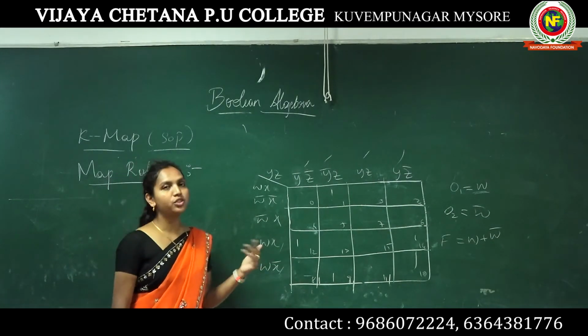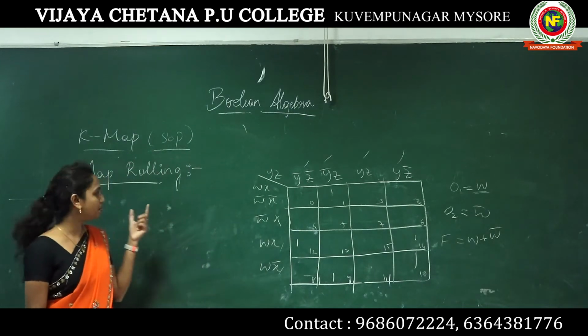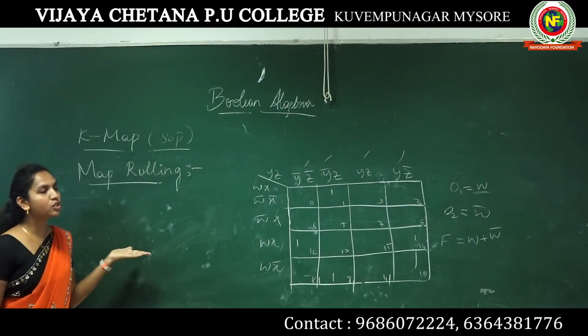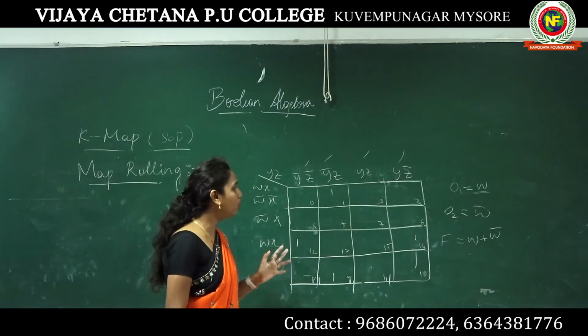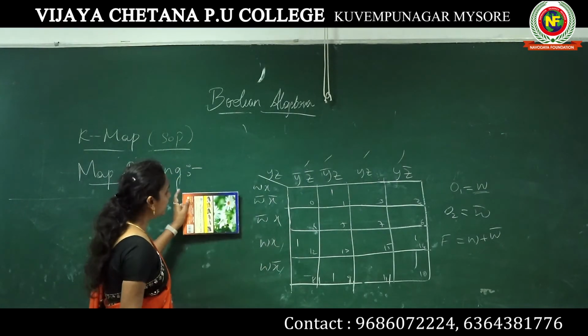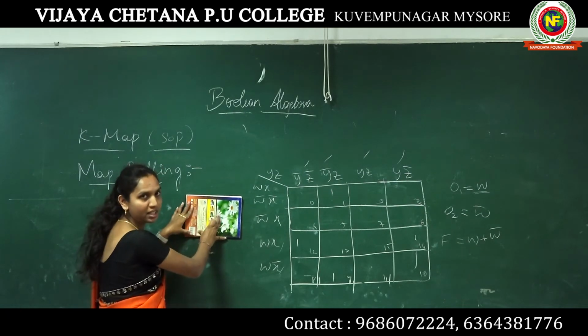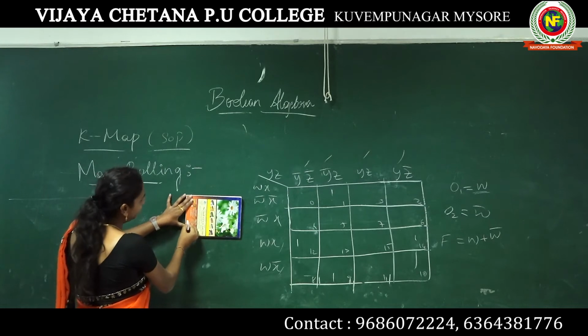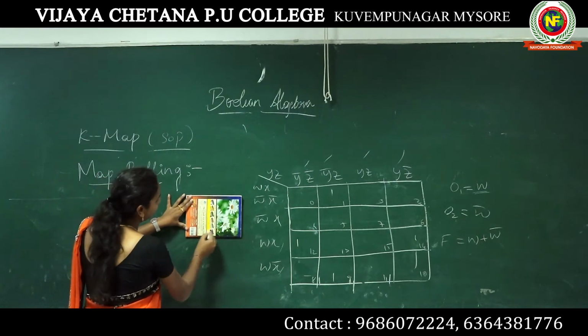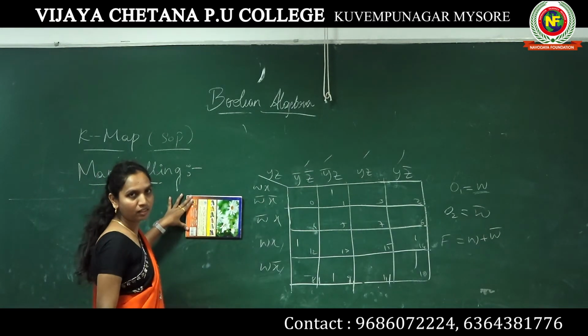So in this situation what do we have to do? That is map rolling. In this situation we are going to use map rolling. How do you do that? For example, consider this is a map. Here the one is here, again the one is here, and one and here the one. Right? Now